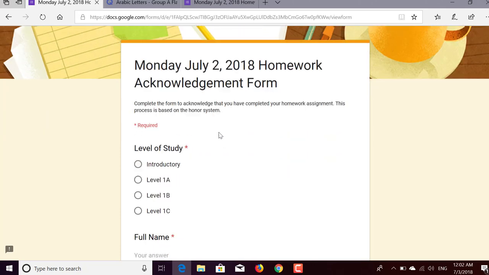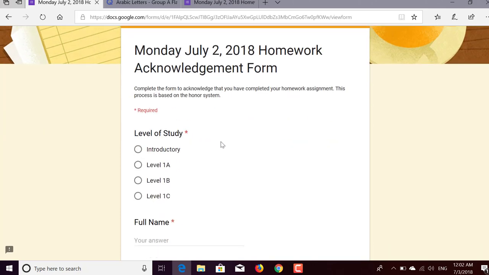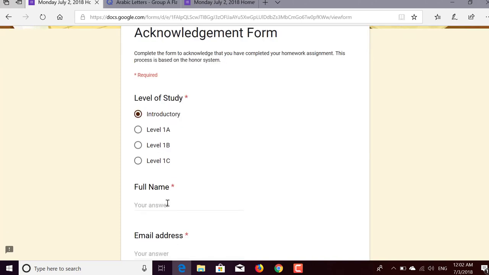So now that I've finished my homework, I can honestly fill out this form. So if you've gotten the sheet that I've just shown you right now, then you're in the introductory level. So we're going to click there. These red stars here, or asterisks, mean that you have to fill out the information. If you don't, then it will not accept the form from you. Okay, so put in your level, put in your full name, and this should be the same name that you registered with. So I'm going to put Imam Hanif